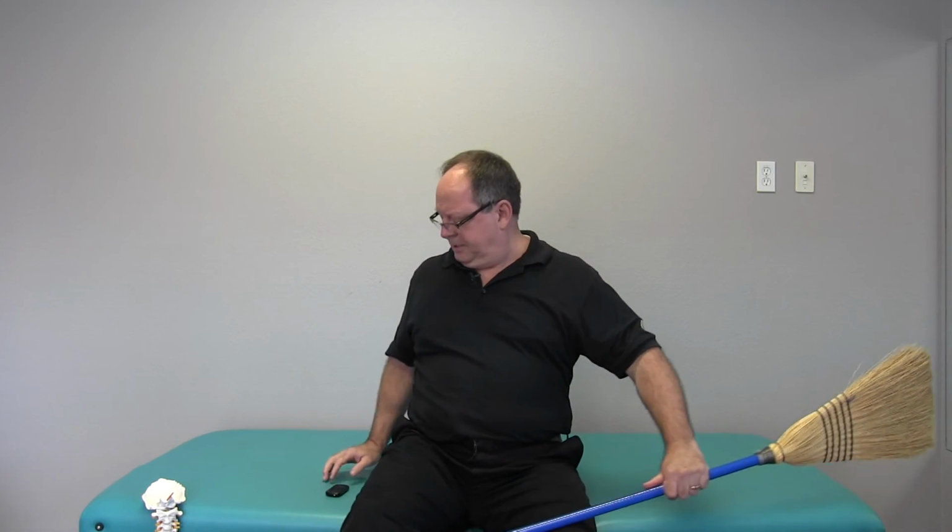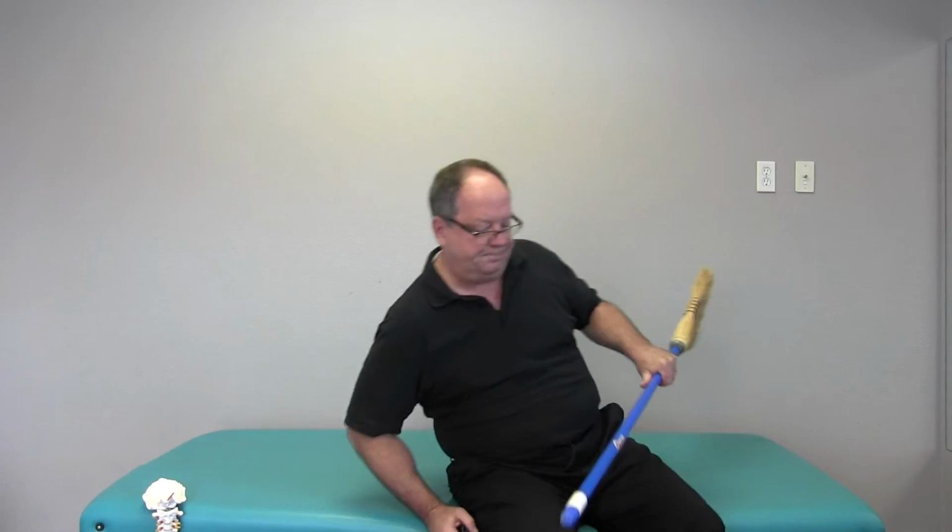Okay, so what do we do to correct this issue? We use a simple tool, a broom. What we want to do here is put the broom underneath one knee and in front of the other. So I'll show you what that looks like. If the right side was longer, what I would do is put it here, and I'm going to isometrically contract my right leg down towards my feet and my left leg up towards my head. But you want to do this in a laying down position. Okay, so what it would look like is